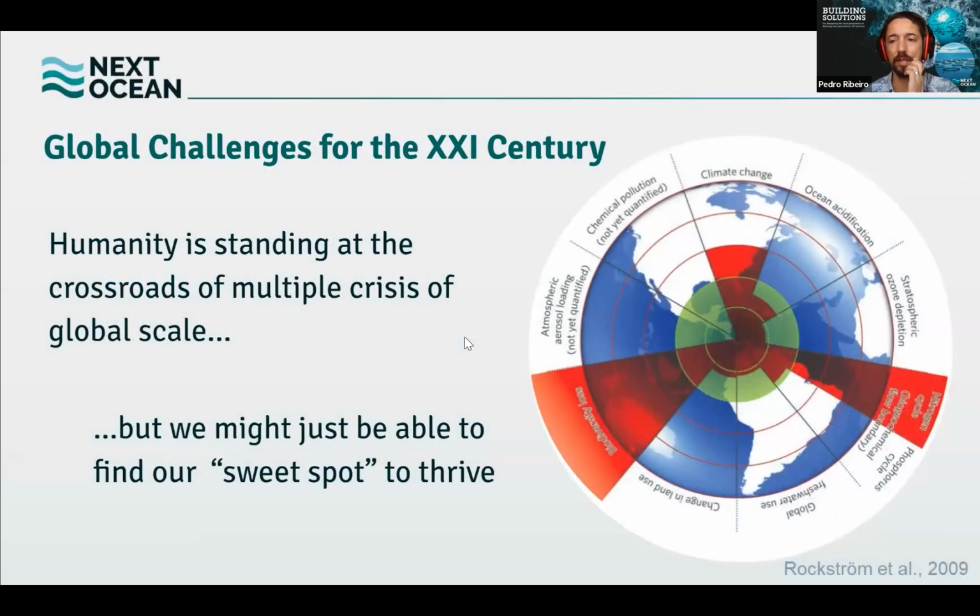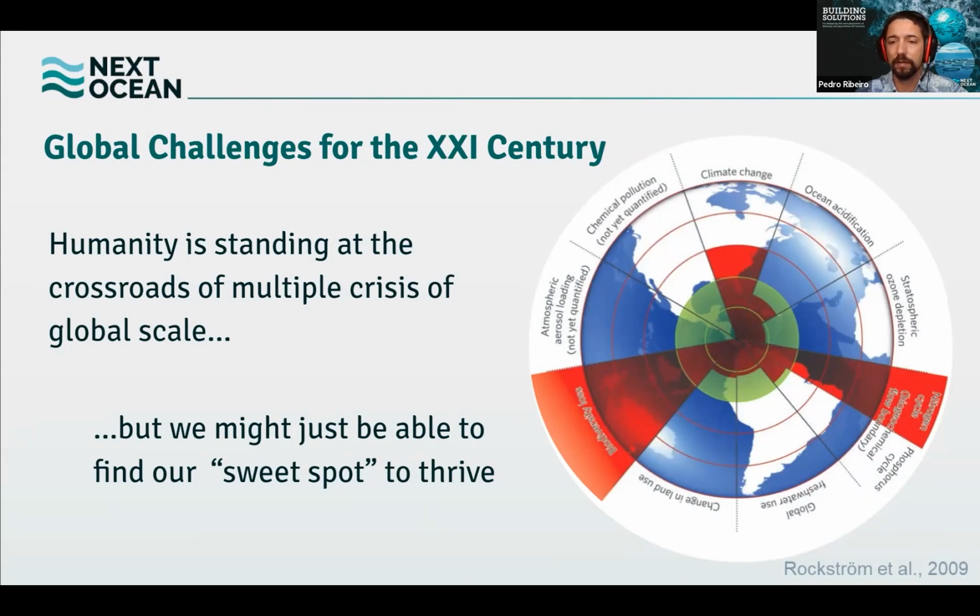So at this stage, any participatory design, any design of new applications that we want to make for Earth observation data has to be done within the realm of these considerations of the global challenges that we're facing right now. So it's very clear that humanity is facing a lot of different challenges on a global level. And a good example of how this framework can be presented was offered by Rockström et al. and the Club of Rome, when they created the idea of the planetary boundaries, which are depicted here